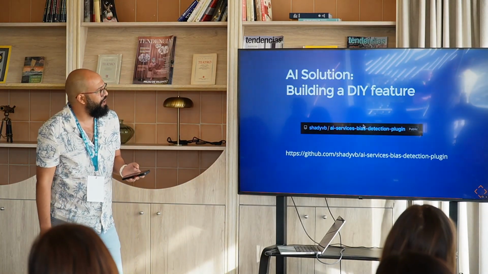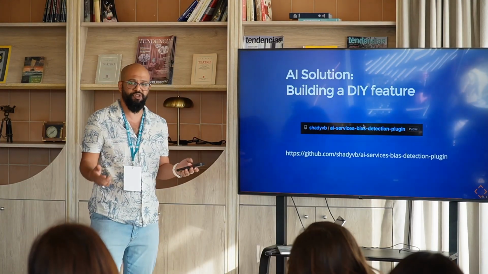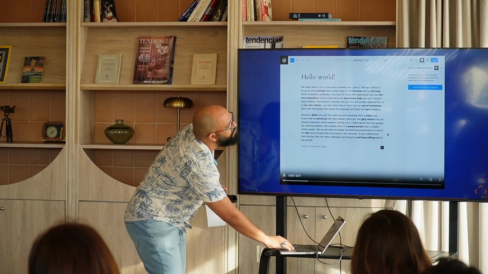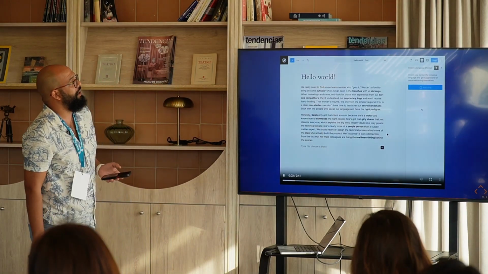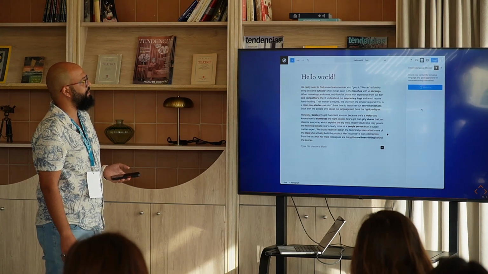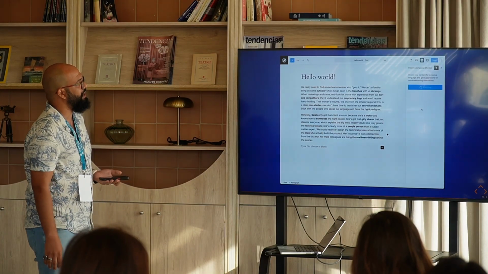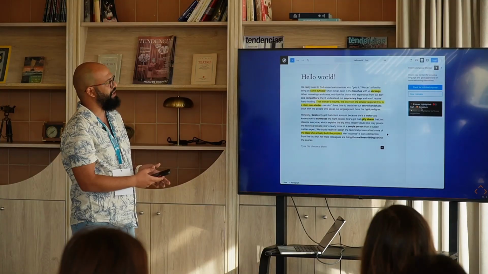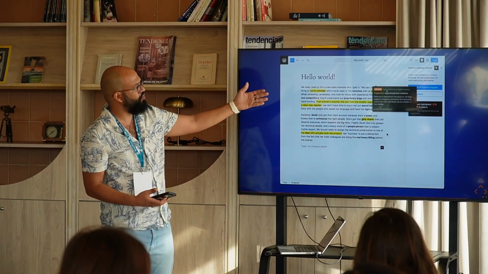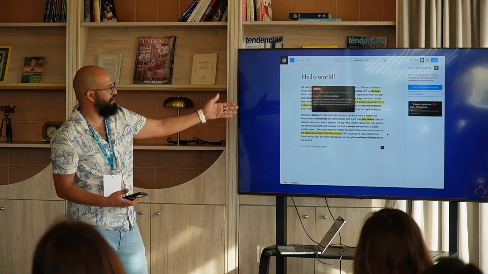Then I started trying the DIY solutions, including the AI Services plugin. I built the same feature using AI, but in a more sophisticated pattern. And that's a quick demo also of how it works. This is a bit bigger content, to understand how it can deal with that. Once it goes to the LLM and gets back the results, it will highlight all the issues in the content that has bias issues. And once you hover over them, it will tell you what the bias is and what the suggestion is and why that statement is offensive to some people.